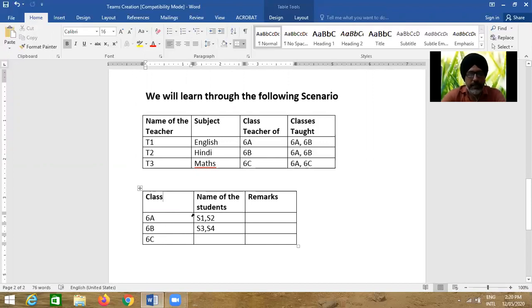In 6A, we will see by adding students S1 and S2. And in 6B, we will be adding students S3 and S4. In 6C, we are not going to add any student.